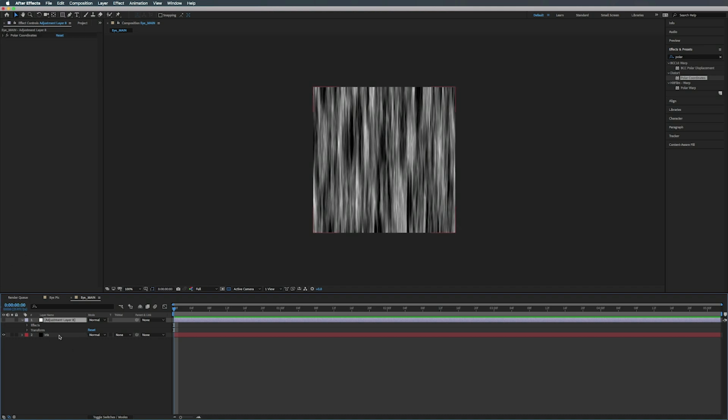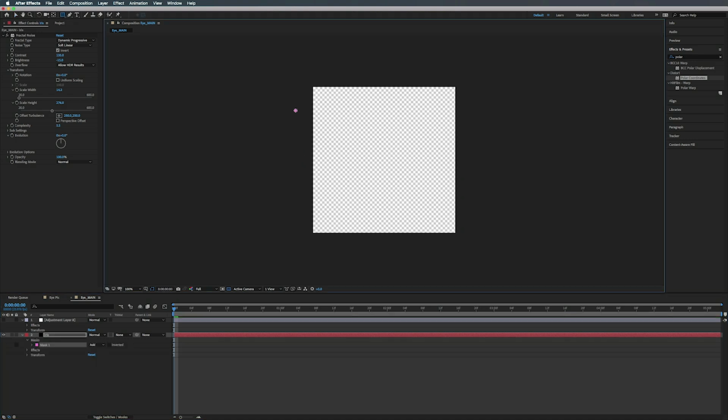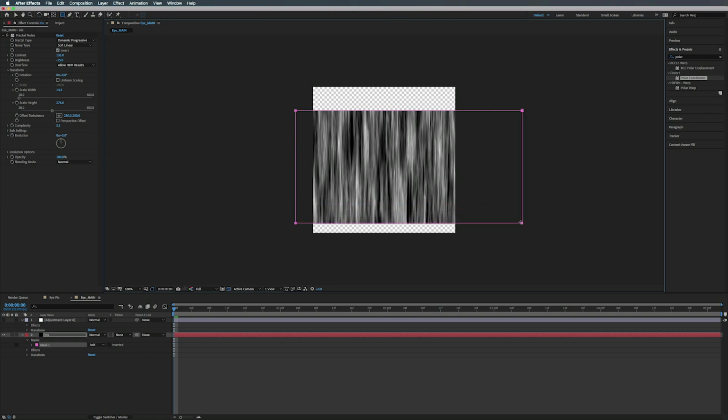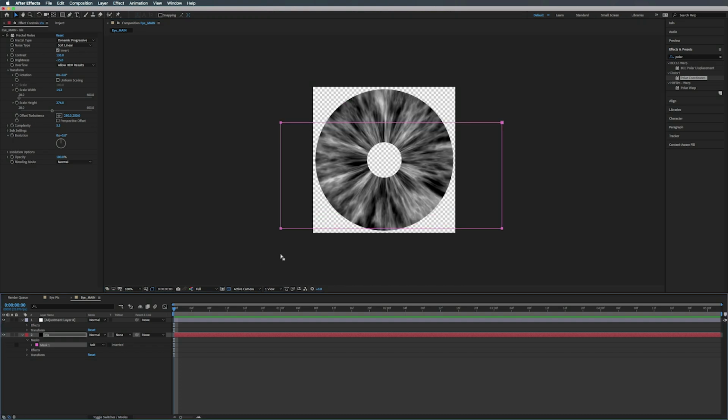All right, so we're going to select our iris here, and we're going to go up to our rectangle tool, click on it, and create a mask, and we want the bottom to be just above the lower edge here. You can hit V, move it around. All right, so now what we see here is we have an opening, and that is our pupil. Now you can see it already starting to look like an eyeball, right? Or an iris. It's got the little tendrils of